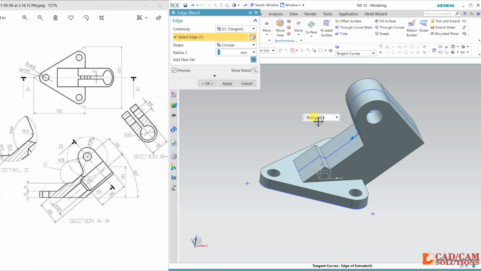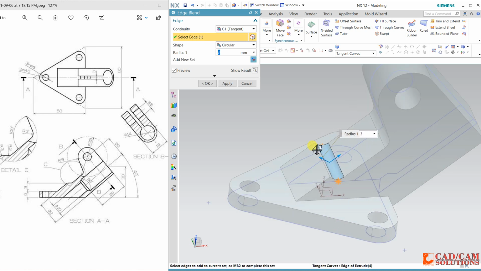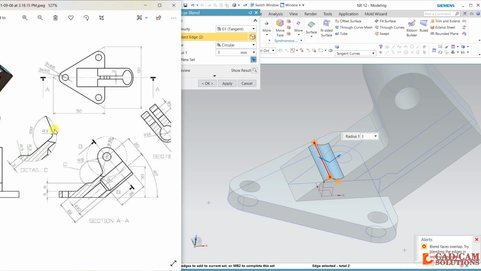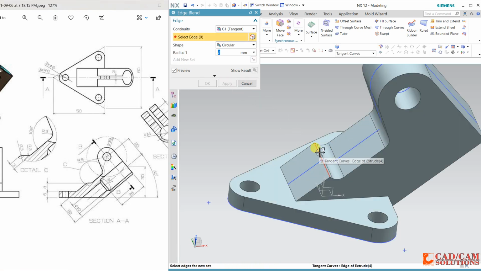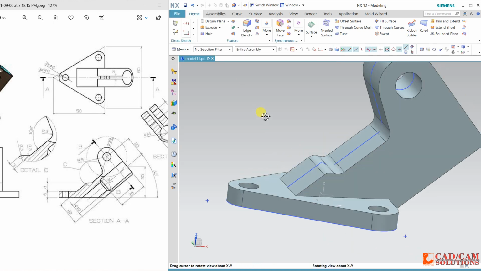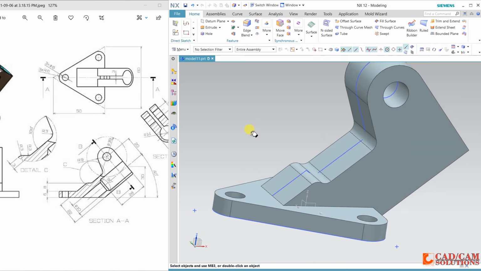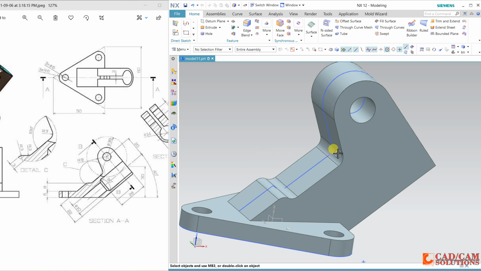Click here, apply. Select these two lines, and 3 and 3. Select one by one. I will leave this, and again select this one, apply and close. So the fillets are defined.